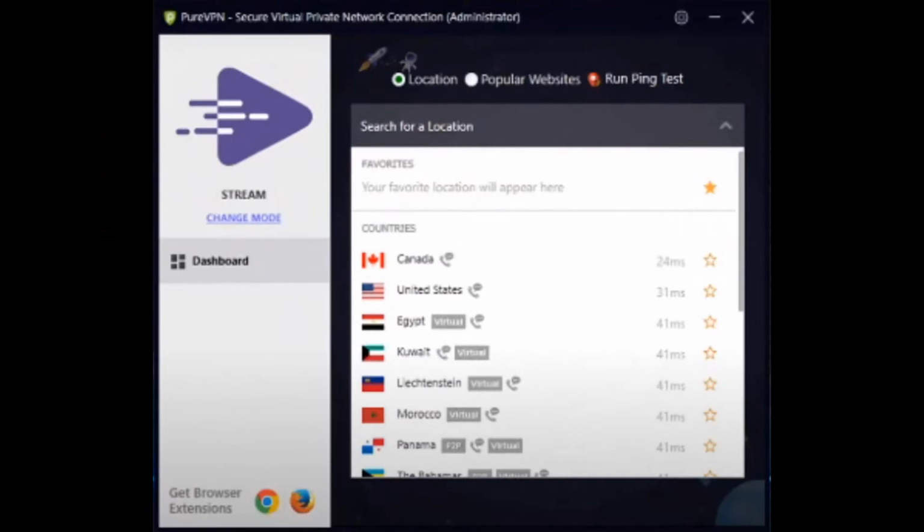Now on a Windows machine, you'll see this window open here, and notice that you have the servers on the left hand side and then the latency on the right hand side. For the latency, you want a smaller number. So some numbers, let's say we have a number of 31 milliseconds. That's much better than, say, if you were trying to connect to a server that had a number of 91 milliseconds.